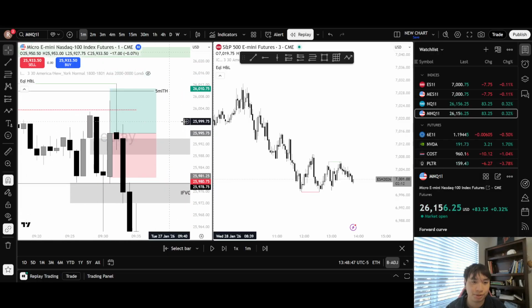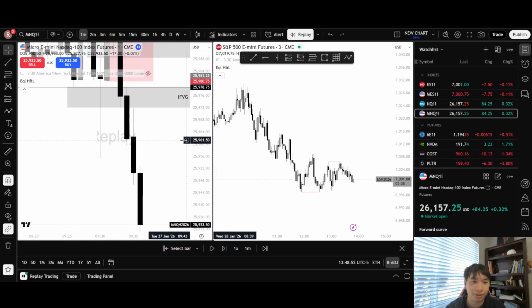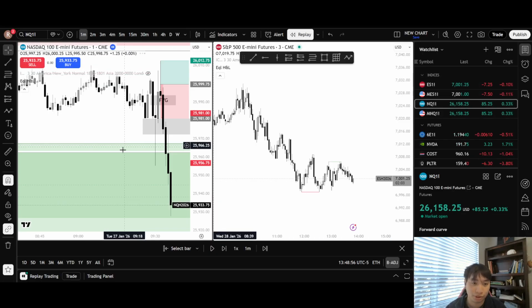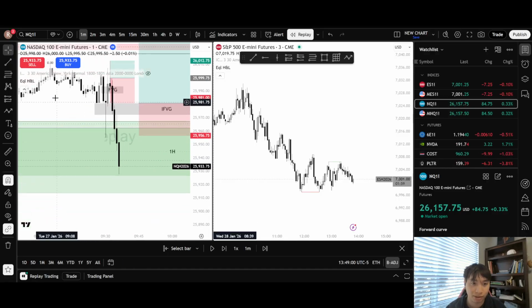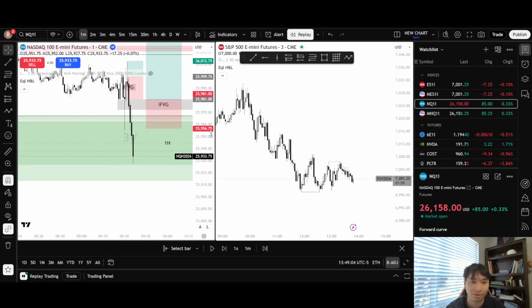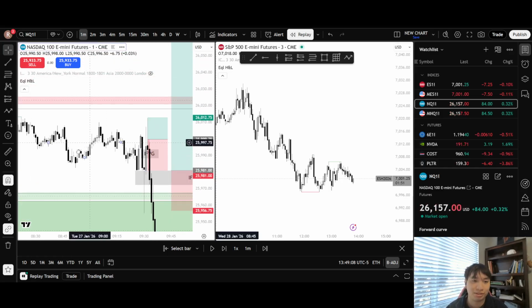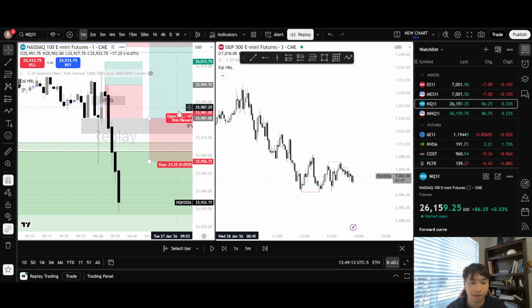Right, what happens after we immediately take it? Boom, turtle soup, because we don't displace higher above it. We go lower, and we end up sweeping to the bullish PDAs below. Which is also another reason why I believe that the trade was still valid, because we still had really big imbalances below us, like 4 hour, 1 hour, all those good things. So my bias was still very bullish. But I missed my chance. I just have to learn from it, and it sucks, but it is what it is.